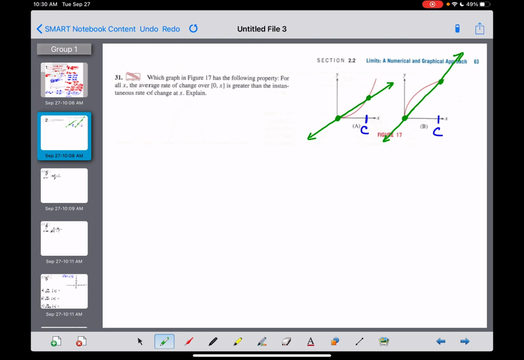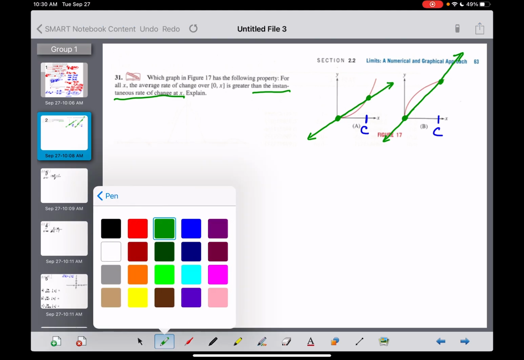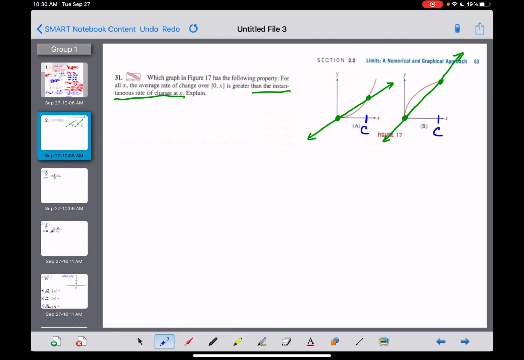What they want us to do though is compare that to the instantaneous rate of change at x, or what I'm calling c. So now what I'm going to do is I'm going to switch to blue here. And here's the main important thing I want to make sure that we get down, guys, that an average rate of change is equivalent to the slope of your secant line. That's why I drew secants there in green. But when we start talking about an instantaneous rate of change, now we're talking about the slope of a tangent